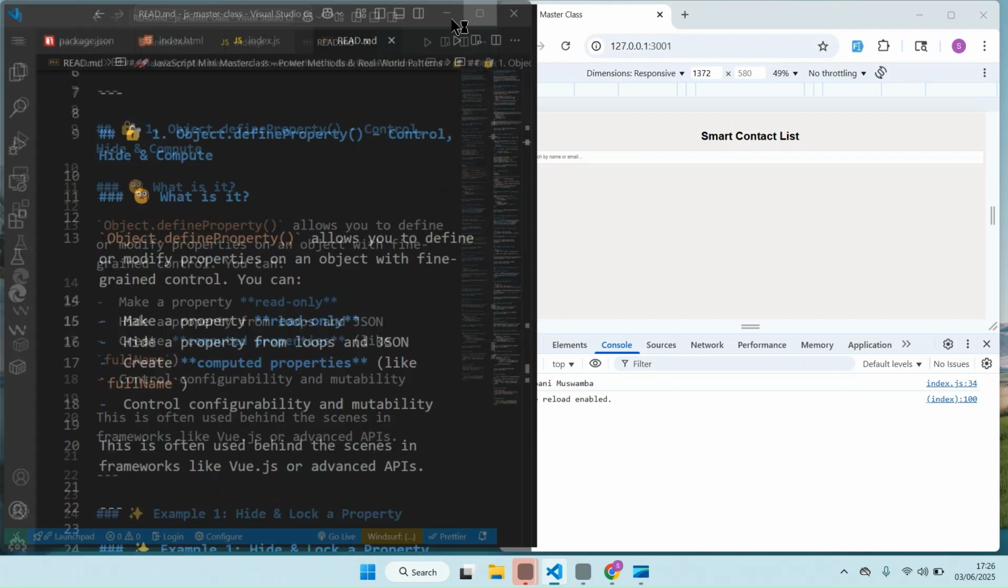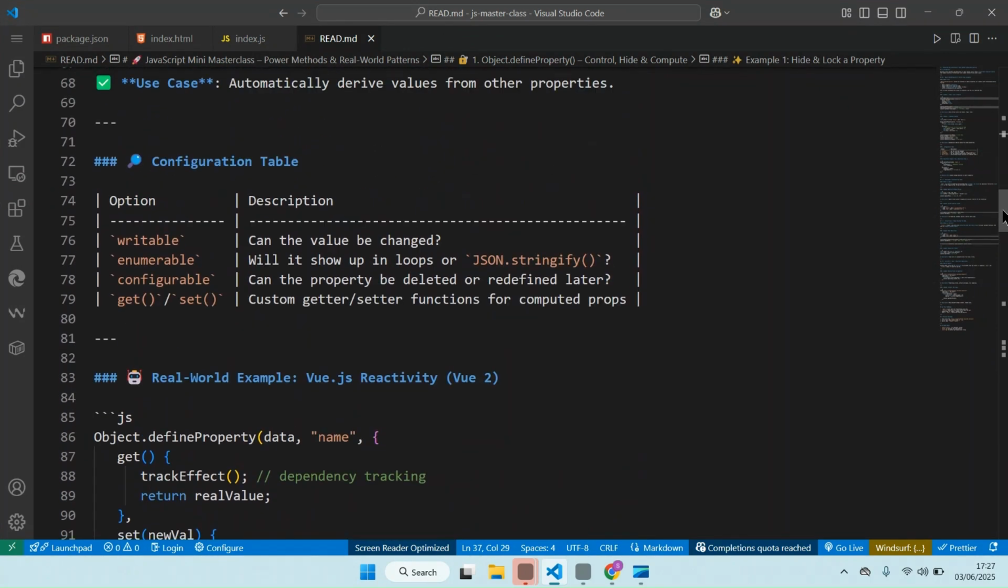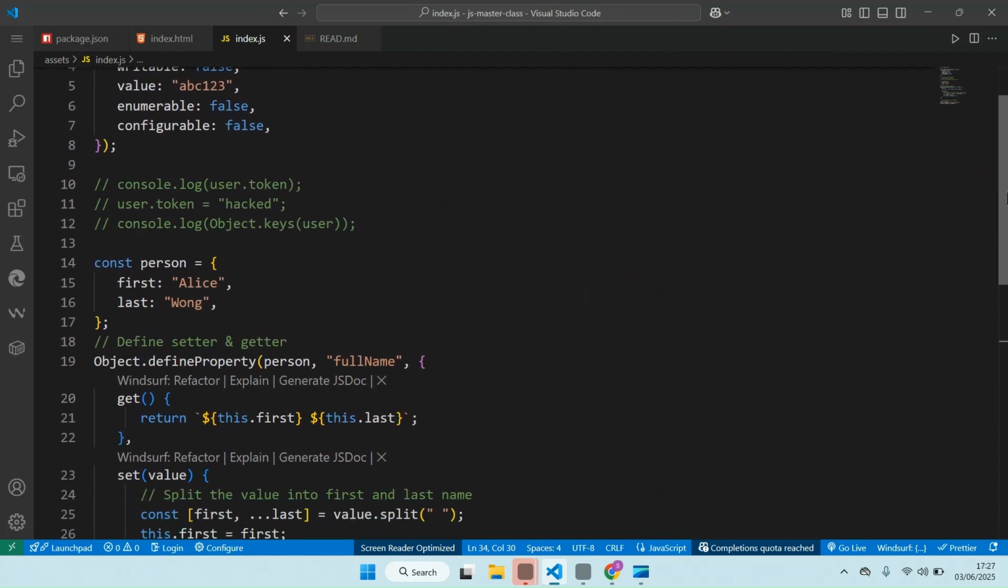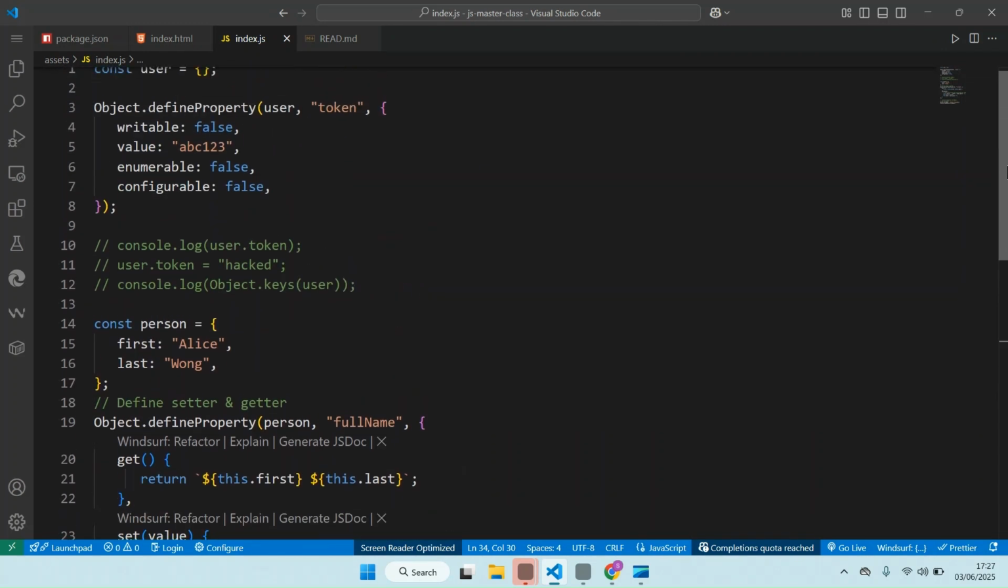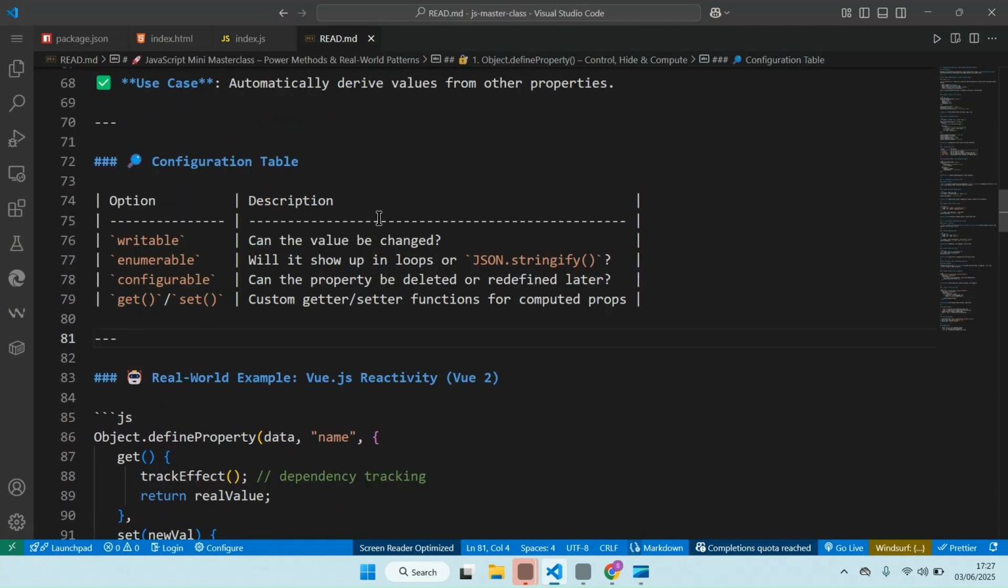I want to just show you a quick review for what we saw. Here is just a configuration table. So writable, this key here. Writable is actually a value that can be changed. So if you want to change it, we can set writable to true. If you set it to true, that means it can be written, and enumerable